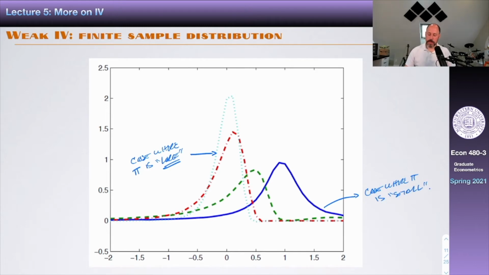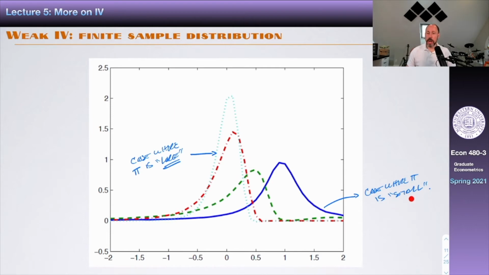Do you see that when pi is large, and this is a case where we expect the normal approximation to be good, well, these are plots of the finite sample distribution of square root n, beta hat minus beta. The finite sample distribution looks like standard normal. It's centered at 0, and it has the tails that are